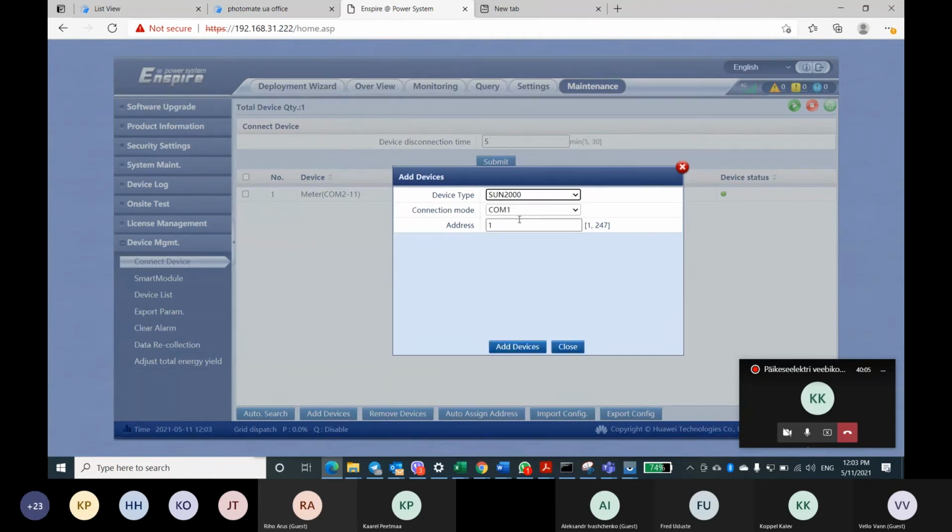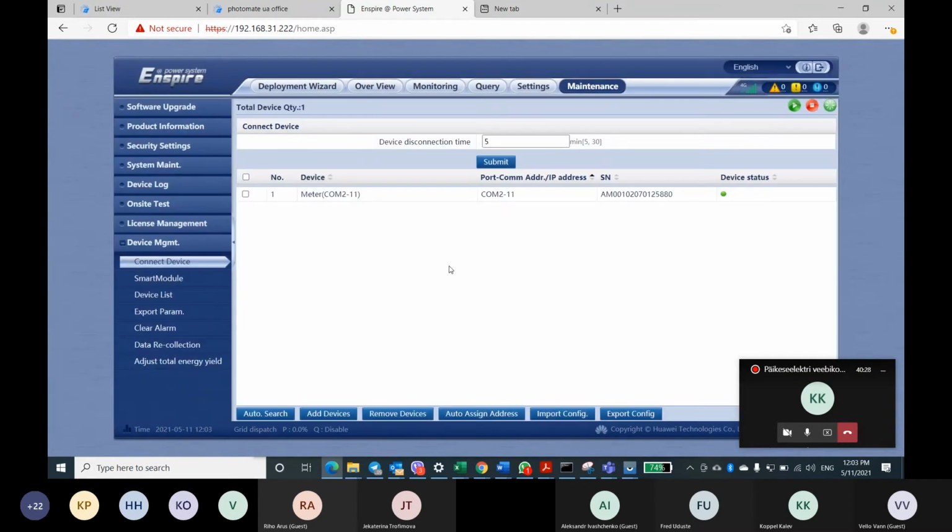Next, we need to connect the inverter. The SUN2000 is connected to COM3 and its address is 10. Again, I think it doesn't want to connect, and I don't know why. One more second, I will change the setting.